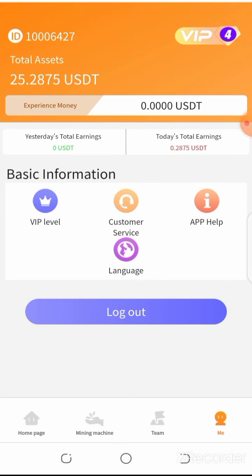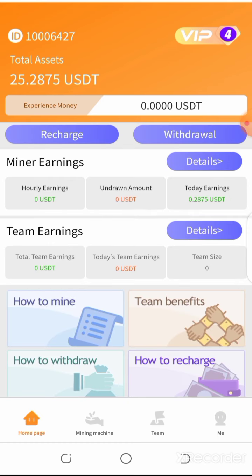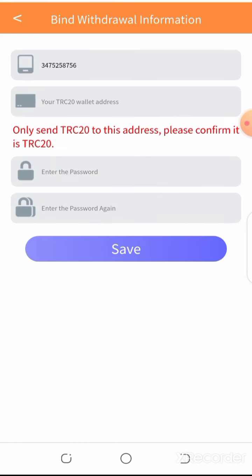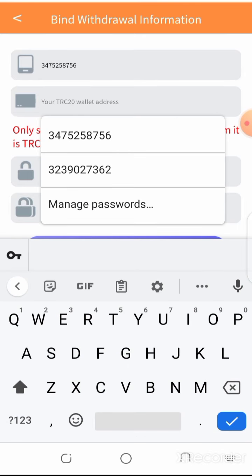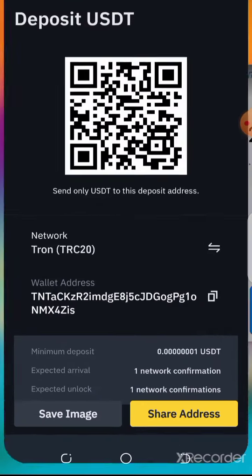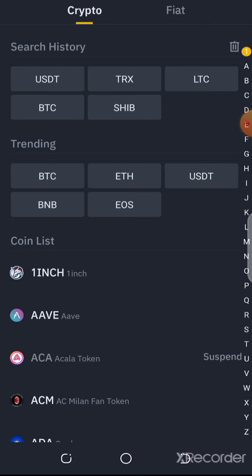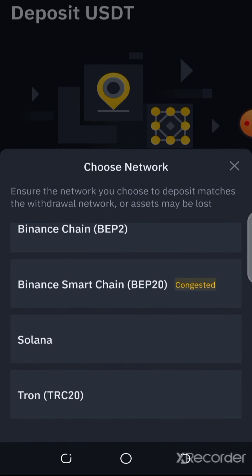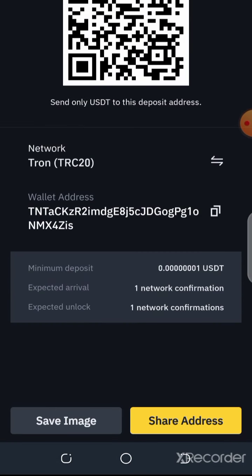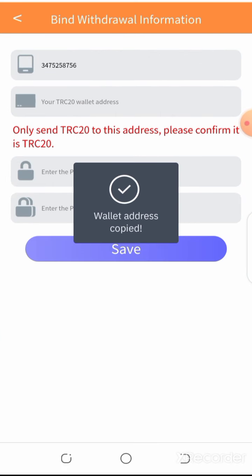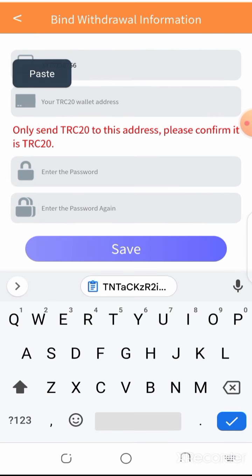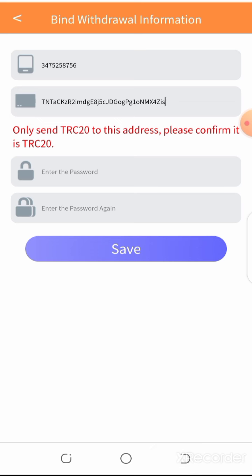And now let's try to withdraw. I will withdraw my sponsor income, a $10 live withdrawal. I will do it for you. You have to go here in the withdraw section and submit your TRC20 wallet address. So I am going again to my Binance wallet. I will choose my depositing address, USDT and Tron network, and this is my USDT depositing address. That's where I want to receive my withdrawal, and I will submit the password of my account here.